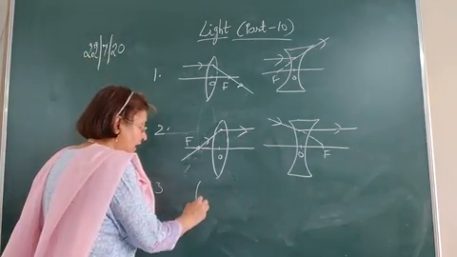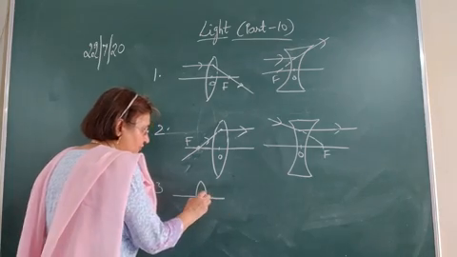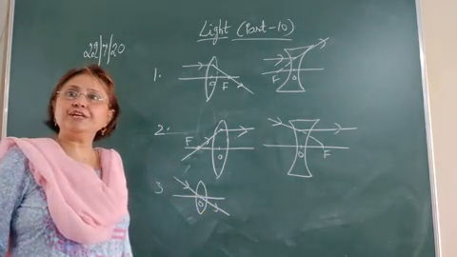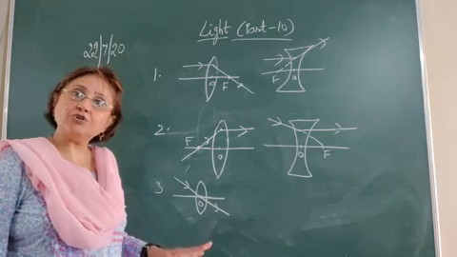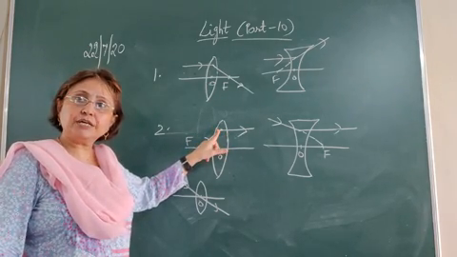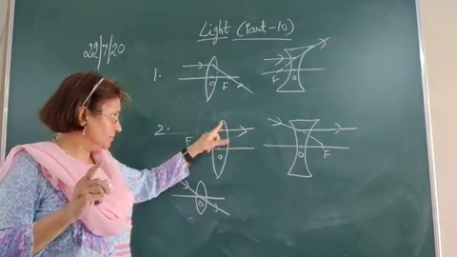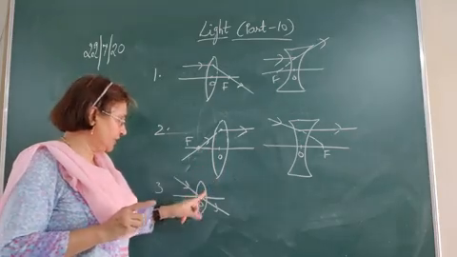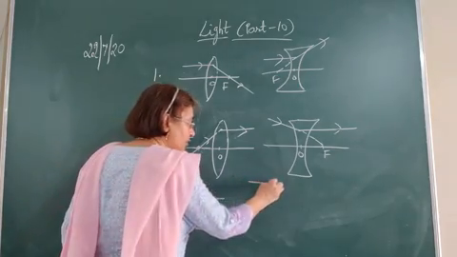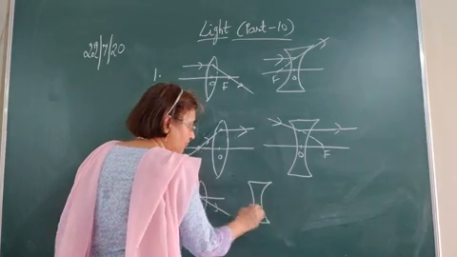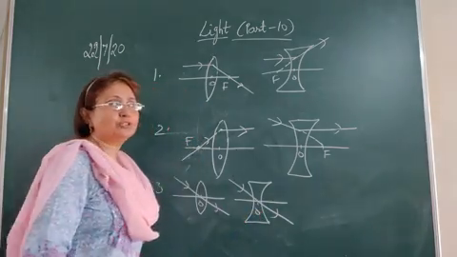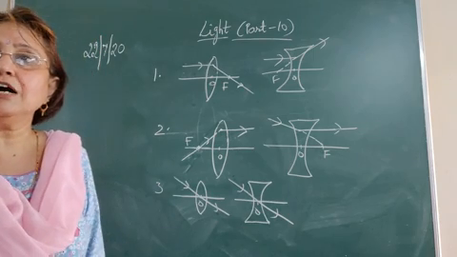It states that a ray of light which is passing through the optical center goes without deviation. Without deviation means without bending. All these rays bend at both the surfaces. Okay, but when we draw the ray diagram, we'll bend only at the midpoint of the lens or only at the center of the lens. But a ray of light which is passing through the optical center goes straight without bending, whether it is a convex lens or a concave lens. So any ray of light which is passing through the optical center goes straight without bending.